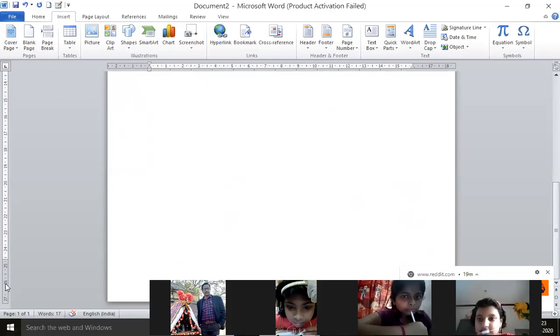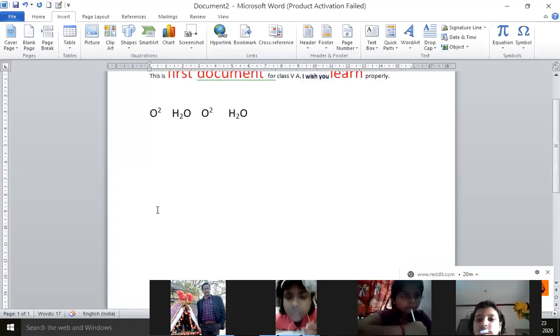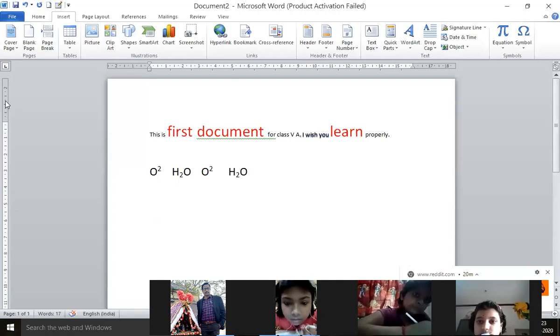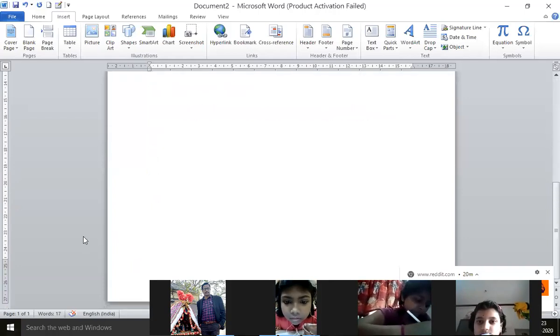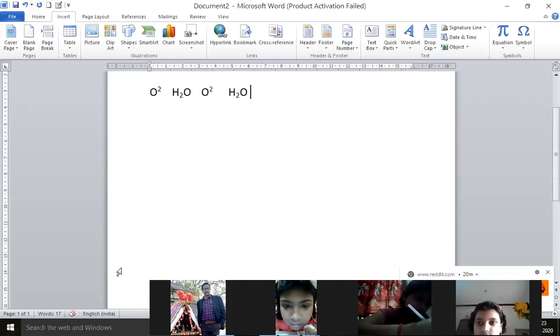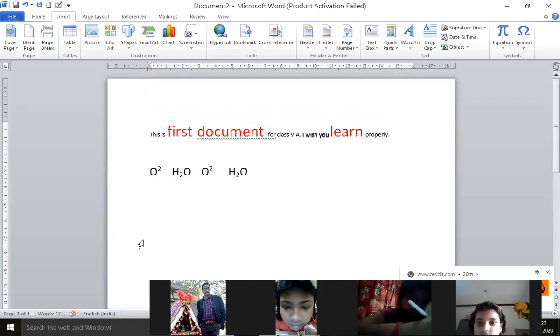Okay. Now this is the portion where my mouse is moving. This is called below the text area. So you have two parts. One is above the text area, above the normal margin. And this is below the normal margin. This is the area which is called footer. So above the normal margin is header, and below the normal margin is called footer of the page. So headers and footers.